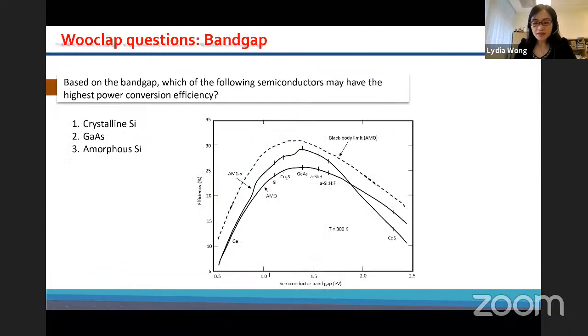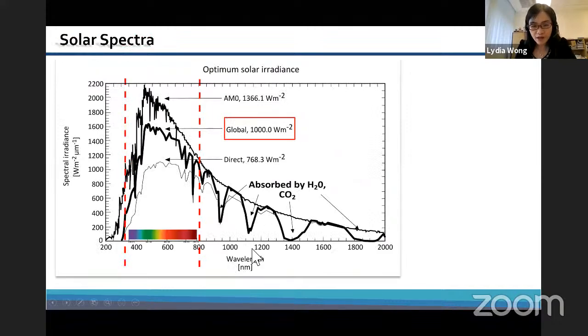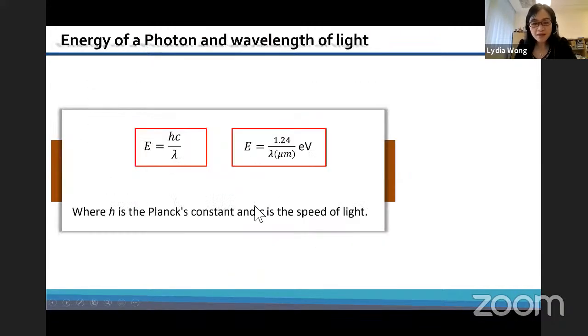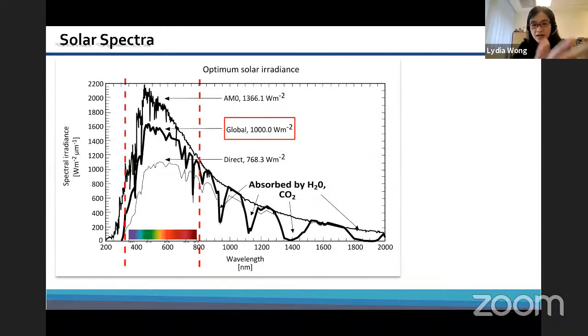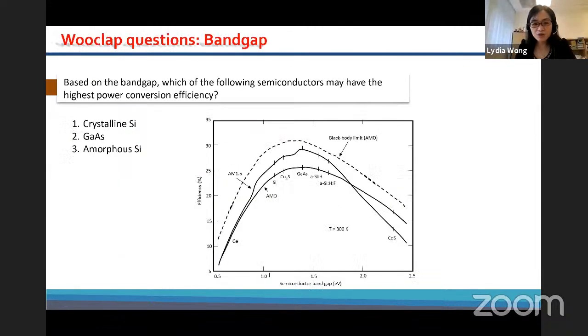Now, just now I mentioned that this is the wavelength of light, and this wavelength can be converted into energy of photons. So we can actually replot this graph into another graph, like this. On the x-axis, instead of wavelength, we have energy, the semiconductor band gap. This is the band gap of some of the popular semiconductors used as solar cell. Amorphous silicon, maybe I annotate, this is amorphous silicon.